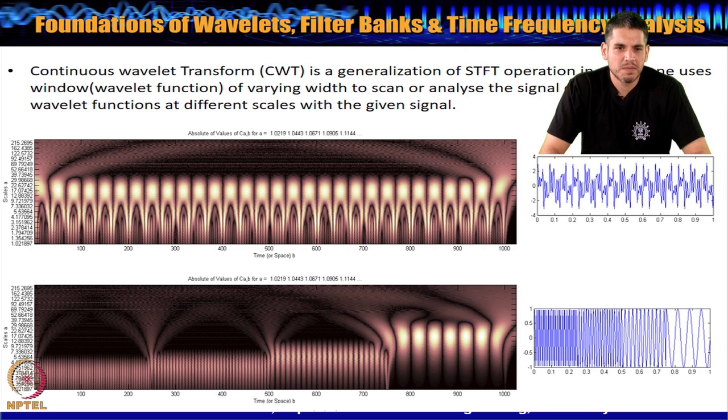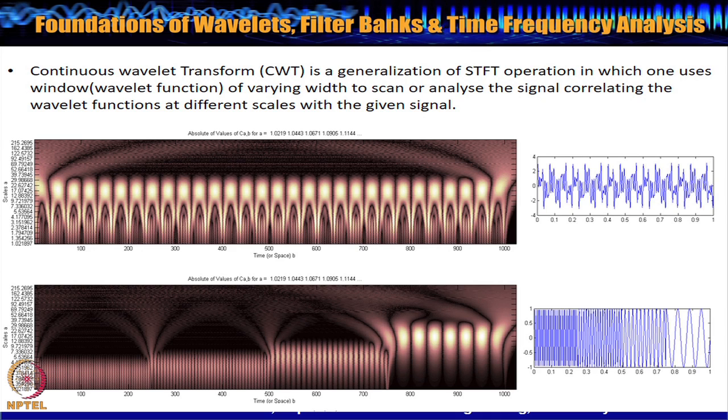Now this figure, if you look closely, it has two axes. One is the time space and another is the scale. Now one can ask the following question, that where is the frequency information and where is the time information? So time information can be read out directly from the x-axis. Here the time space is written from 0 to 1000. If we go ahead and normalize and divide every point on the x-axis by 1000, you can exactly obtain the time axis as 0 to 1 and you can read out the time information, whereas the y-axis is marked